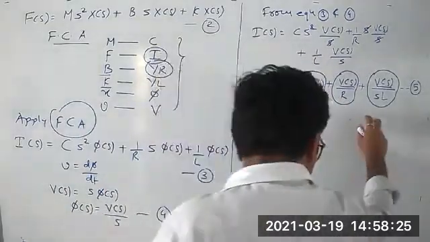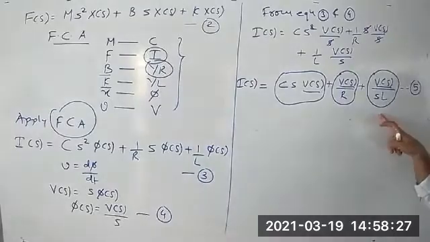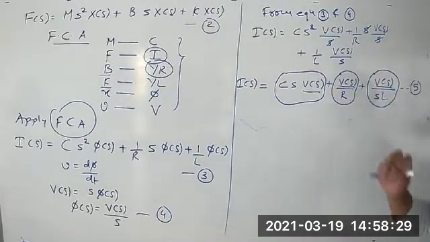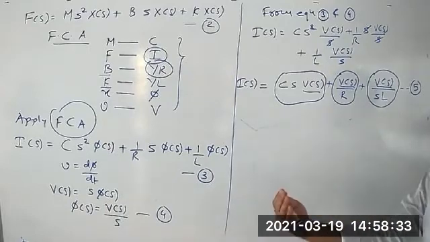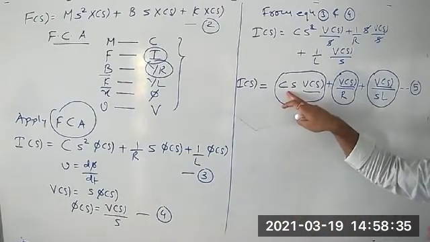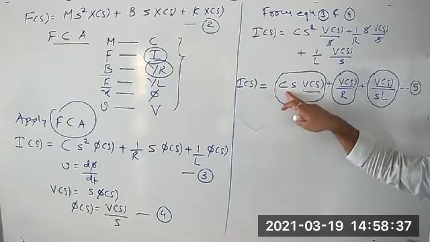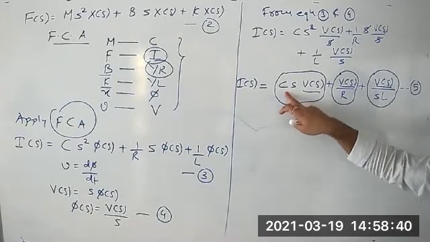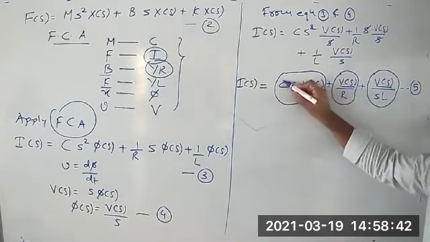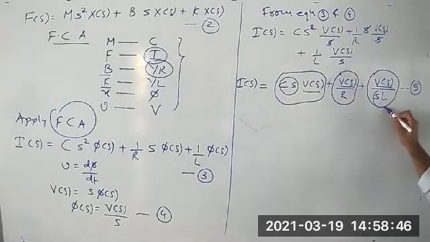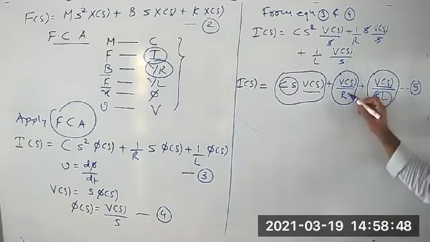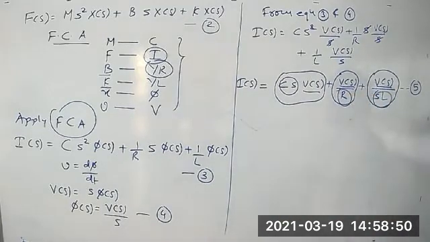So equation number 5 indicates the mathematical modeling of our given mechanical system in the analogous electrical domain, where each component represents the fundamental analogous operating component of the given mechanical system. So here this particular factor indicates capacitive reactance, this particular factor indicates the inductive reactance, and this particular factor indicates the resistance of the given circuit.